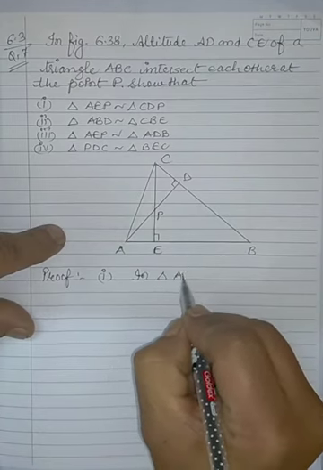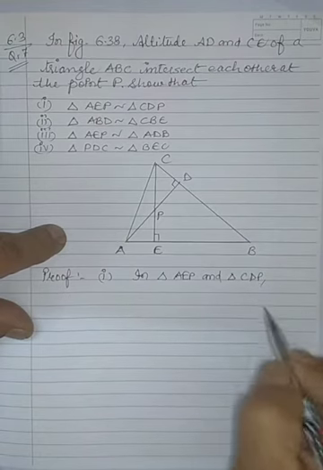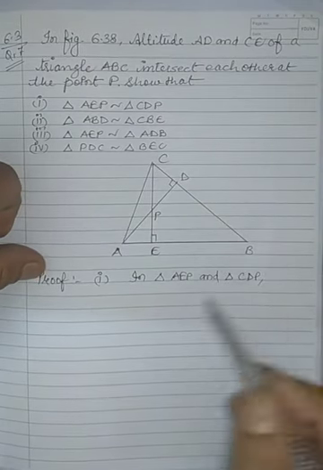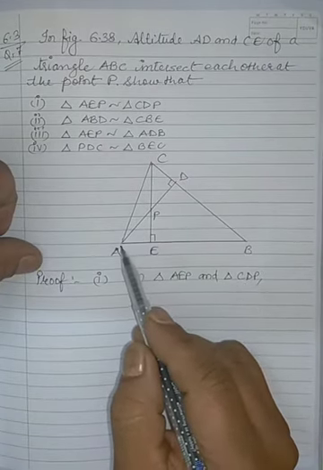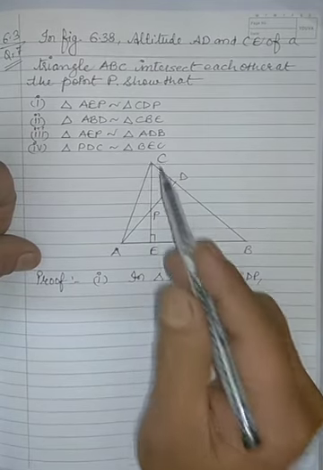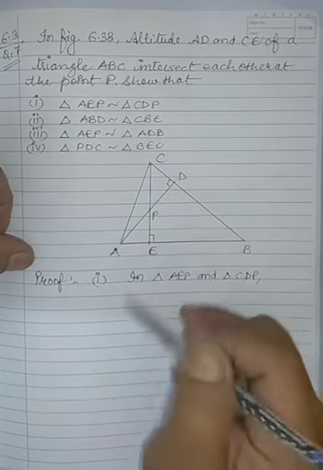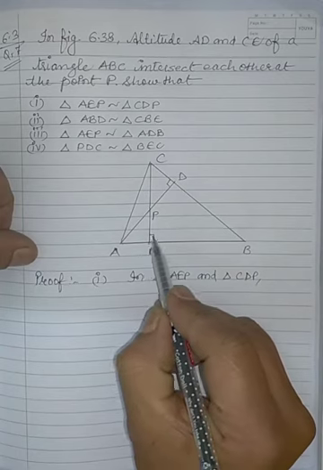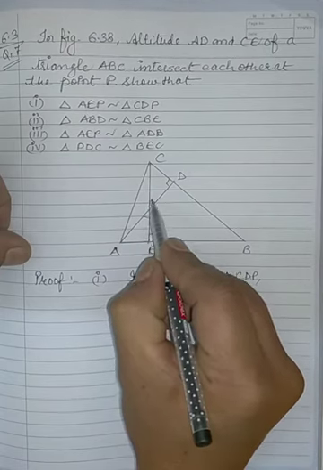In triangle AEP and triangle CDP. Now in such questions which are to be solved by angle criteria, the idea to solve this similarity is to start the triangle from that point which is not in use, where the angle is not related, and go to the other vertex where the angles are to be taken equal. Like here, in triangle AEP, E is 90 degrees and P is equal to this angle which is vertically opposite.